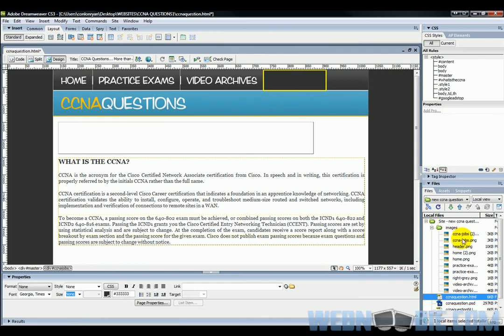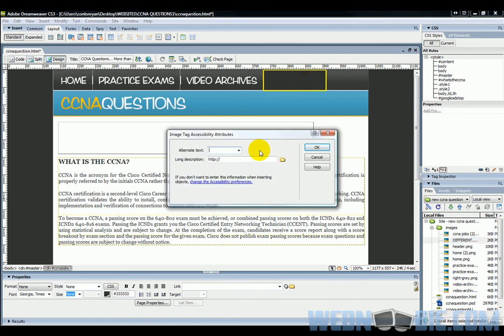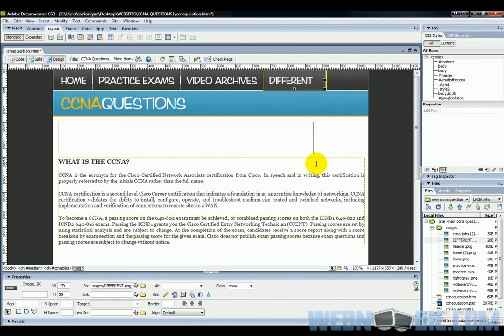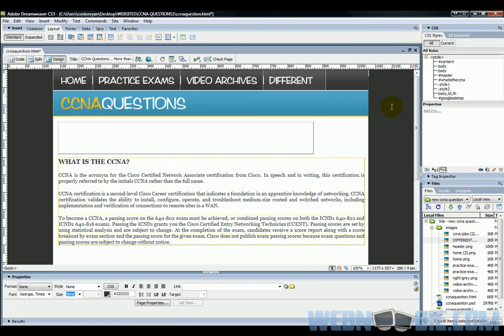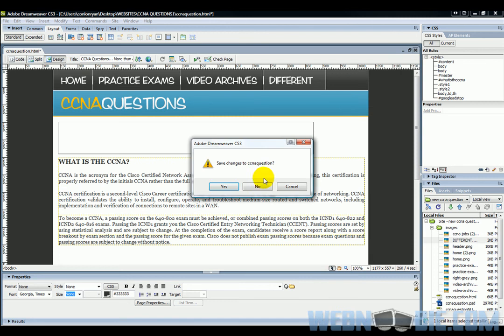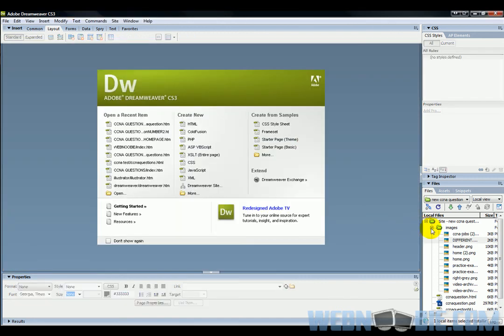So I can just delete that. I'll go to my images here. I'll grab my different, which is right here. Drag and drop it in. We don't care about alternate text right now. Now it's in there. The easier and simpler way to do that, I'm going to go ahead and close this, and I'm not going to save it. And then I'll reopen this